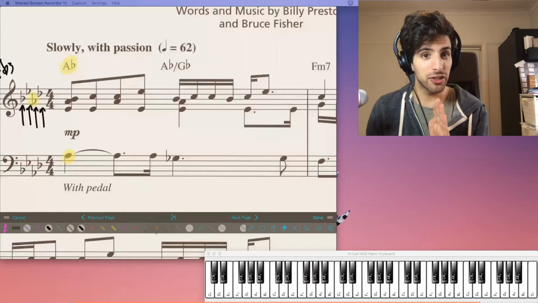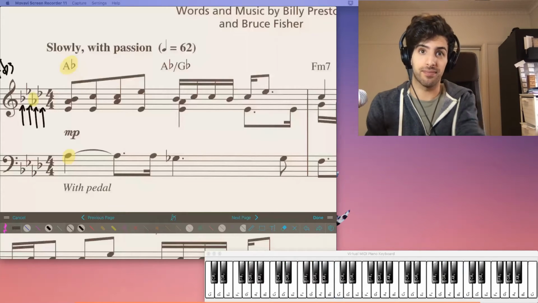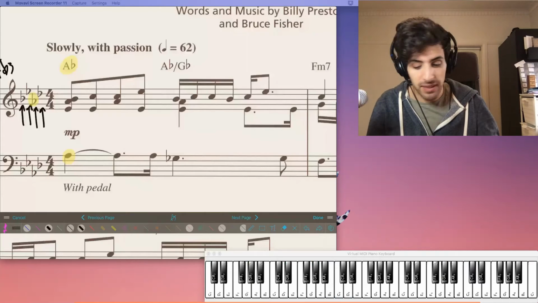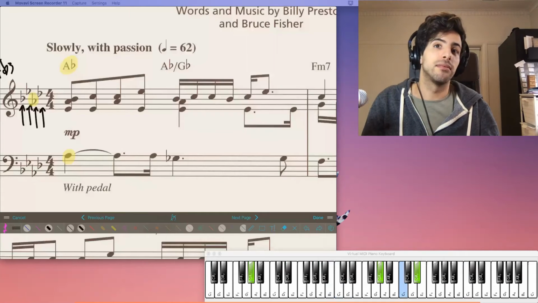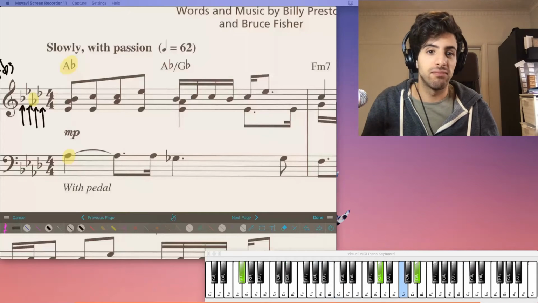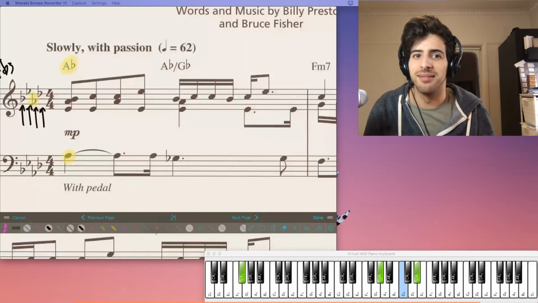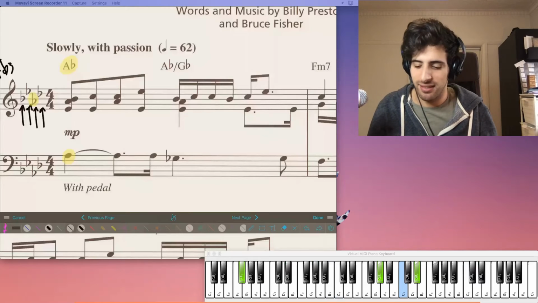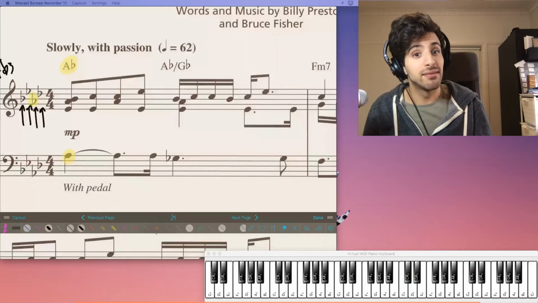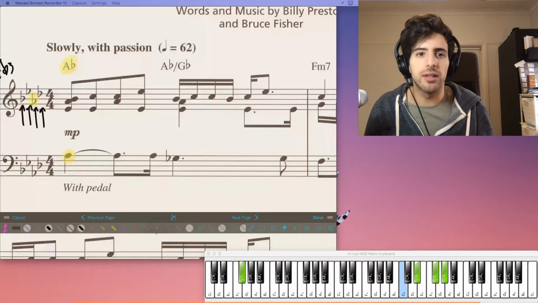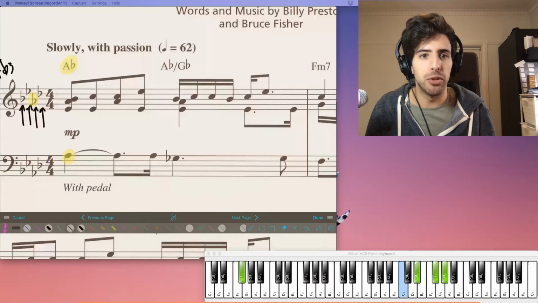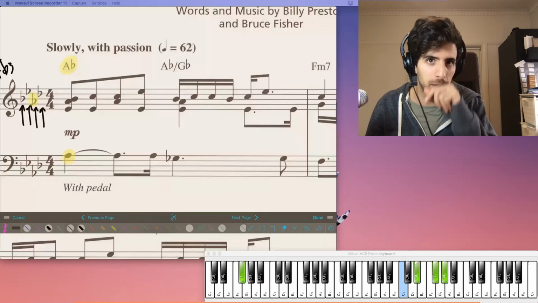When we see the slash, it just means change the bass note. That's all it means. So I'm going to go A flat, and then A flat over G flat. Just changing the bass note. That's what we refer to as a flattened 7, because in the key of A flat, G is major 7, but the bass note here is calling for a flattened 7, which you get a lot in rock, soul music, and that's pulling from